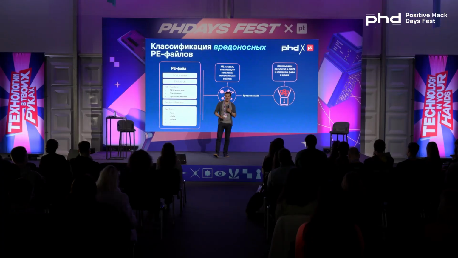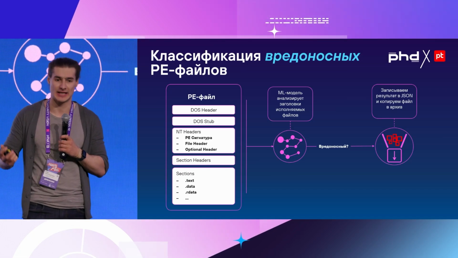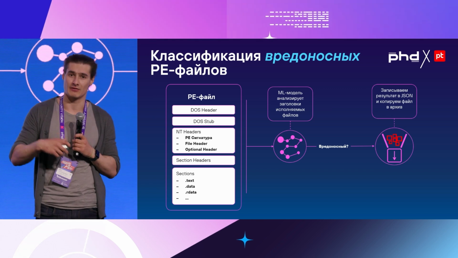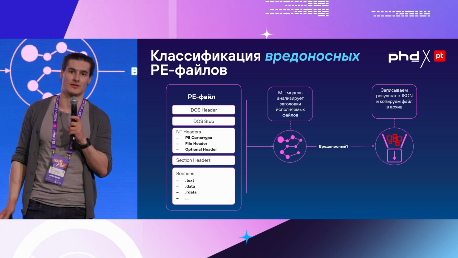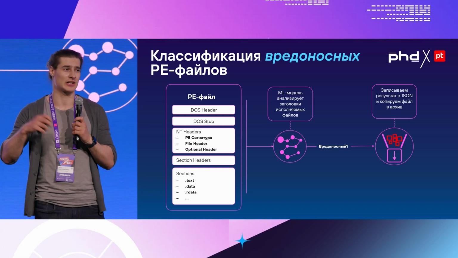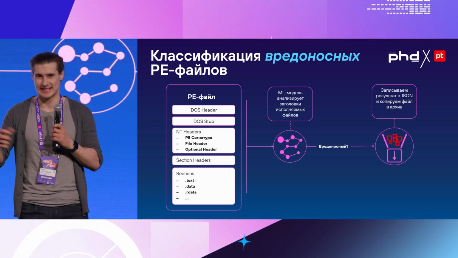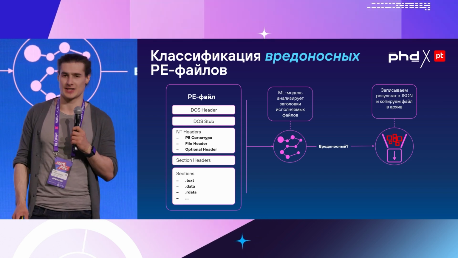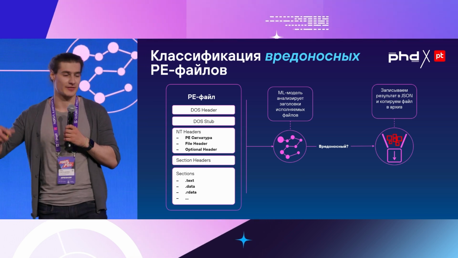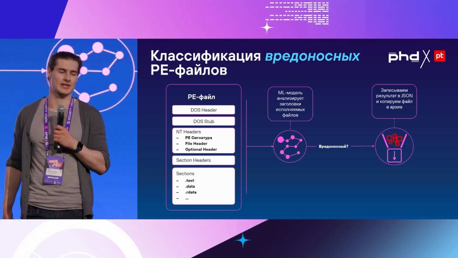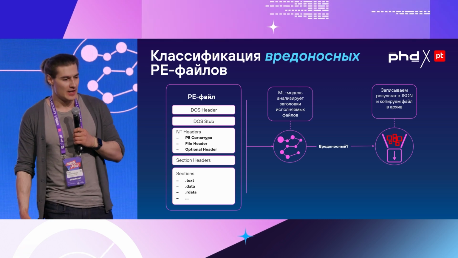A PE file allows this to be implemented. I'm sorry. So we do have a PE file, which then goes to classification. And then, based on the model's verdict, this file can be archived and then can be added to the JSON file to indicate that such and such file has been classified as malicious and therefore it has been quarantined or archived. Now, obviously, some files are not going to be archived. So if it's a huge file, we're not going to archive it, but it will obviously be flagged